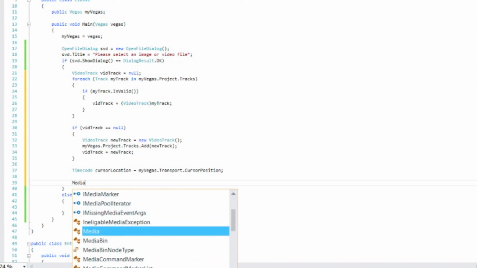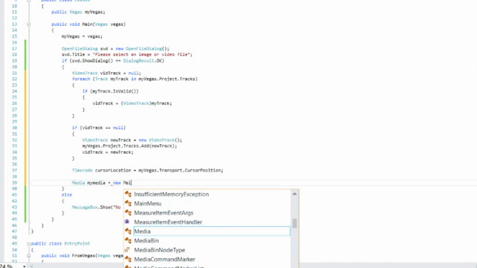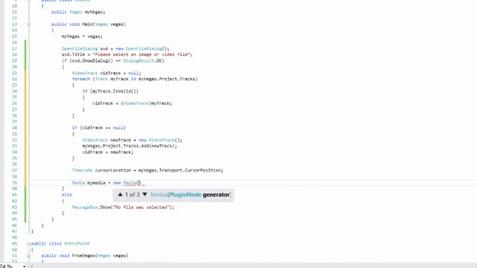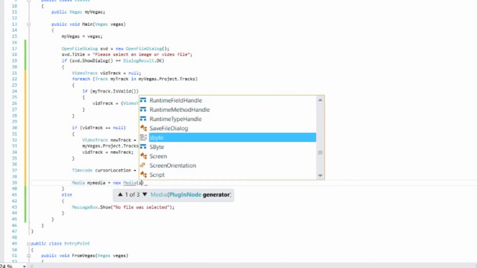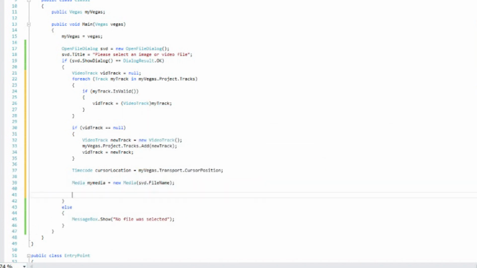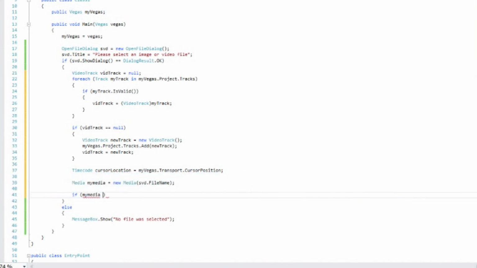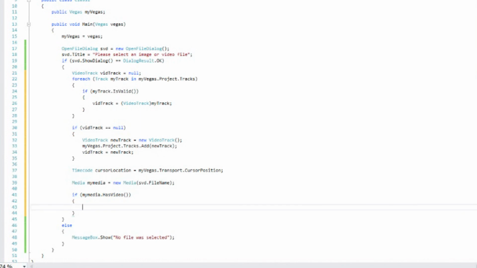So media, and my media equals new media, and we're going to get it from that file name that we looked at earlier. So that'd be the svd.file name. Then let's check to see if that media actually has video in it. So if my media dot has video, once again we need parentheses there because that's a function call, then we're going to do something. Now let's get the media stream from that media